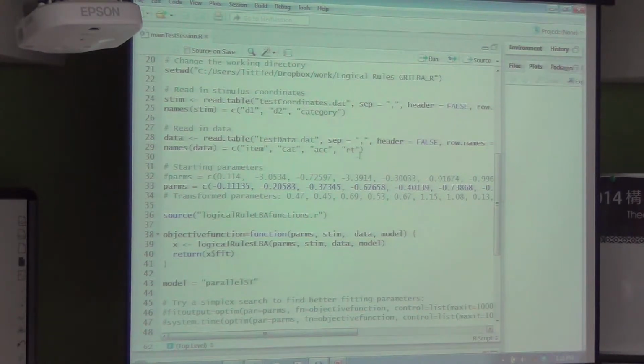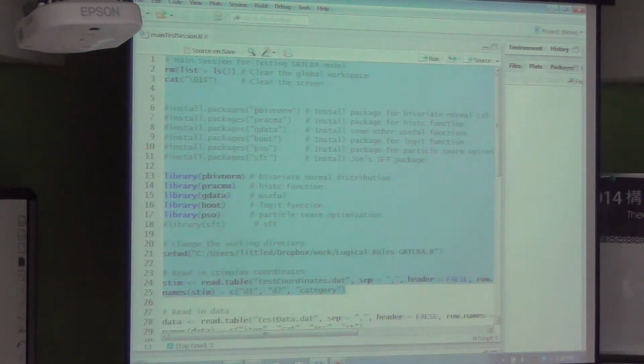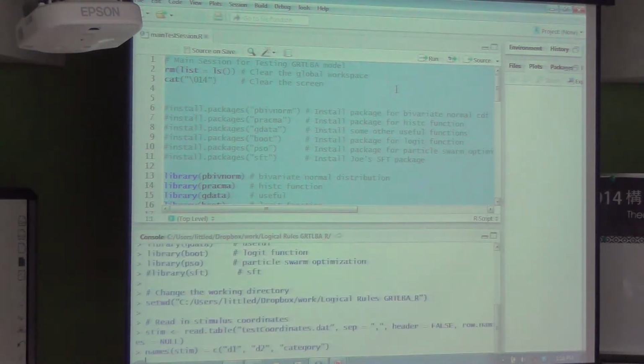So in RStudio, if I want to load this information in, I can just press Control Enter, and it will run the highlighted section, and now I can access that stimulus variable. Maximize the screen.